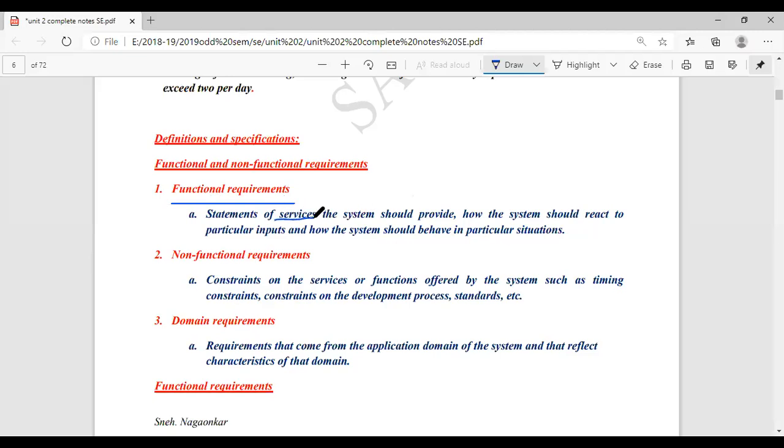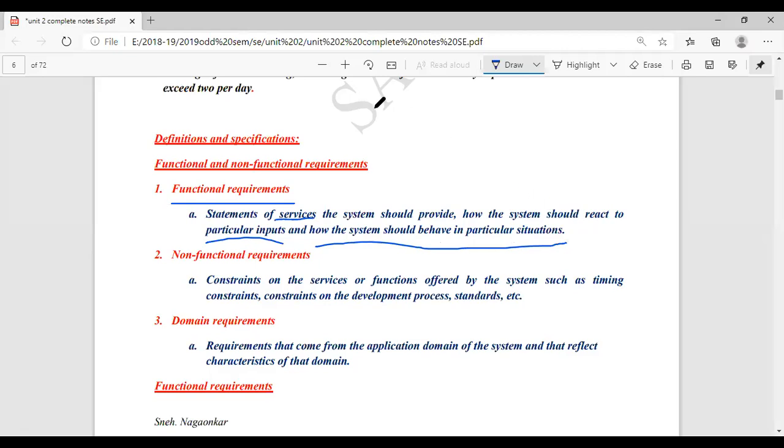Services are nothing but the operations that your system should do, and how the system should react to particular inputs. The main working of your software comes under functional requirements. In short, it is the working of a software and how the system should behave in a particular situation.